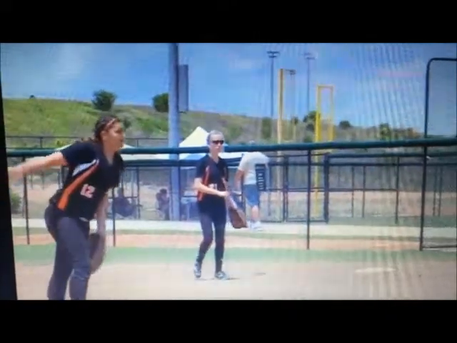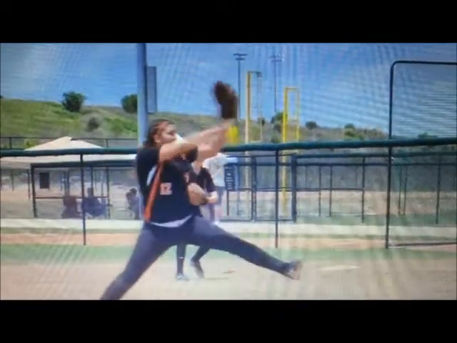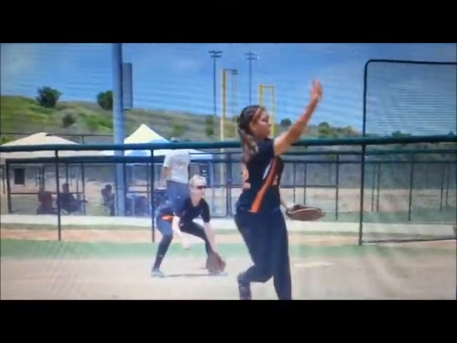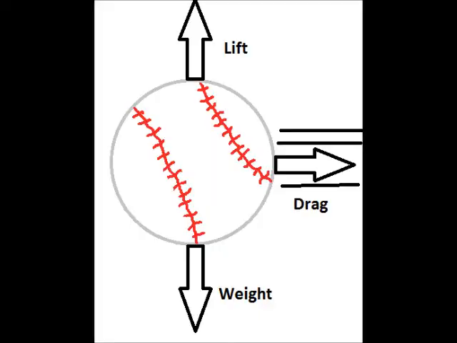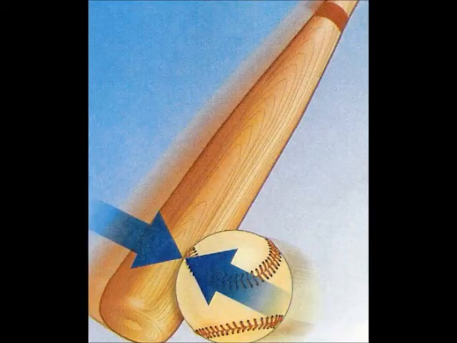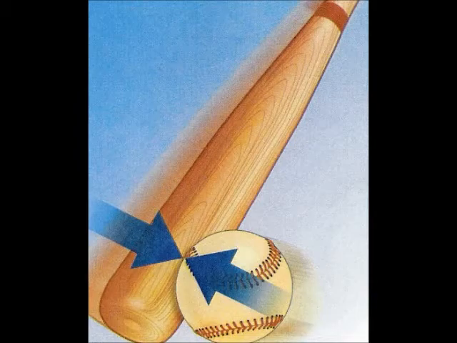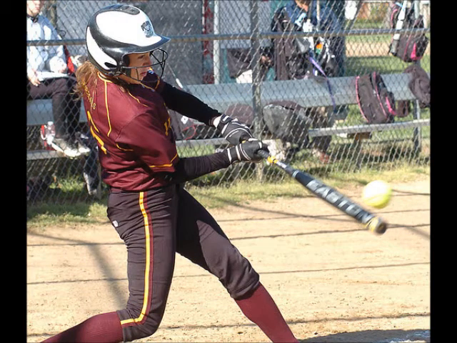When the ball is pitched, it begins moving in a direction towards the catcher. If no external force is acted upon the softball, it would continue moving in that direction forever. However, there are external forces. When the batter swings and her bat collides with the ball, there is a massive force applied in the opposite direction of the softball's initial direction of movement. The opposite force is greater than the softball's, so the softball changes direction